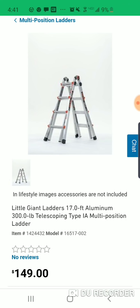Now, you heard me in Home Depot. They have the Gorilla ladders, and I was like, oh, what's that brand over at Lowe's? And someone said, it's Werner. Werner's at Home Depot. I'm like, no, not Werner. Werner's at Lowe's and Home Depot. But obviously, Little Giant,